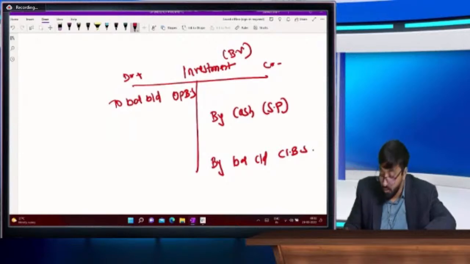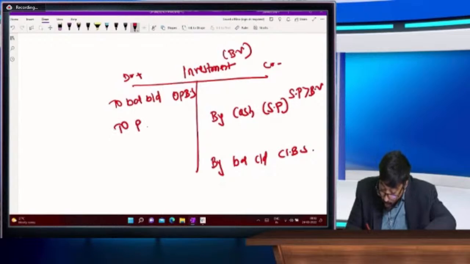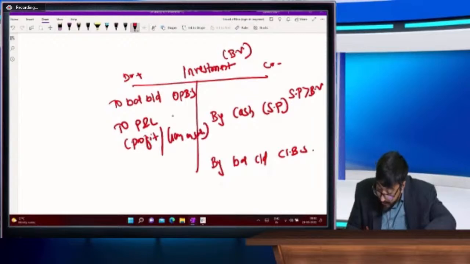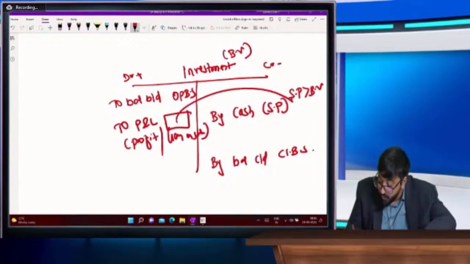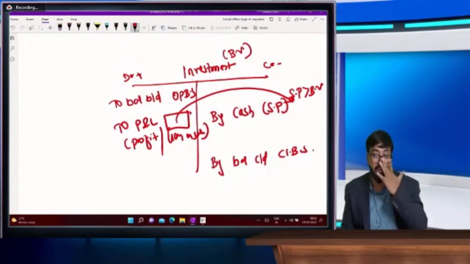Now selling price is more than book value. Therefore, I want to deduct this profit on sale or gain on sale, I will write it here, gain on sale, to get by cash as a balancing figure. My friends,